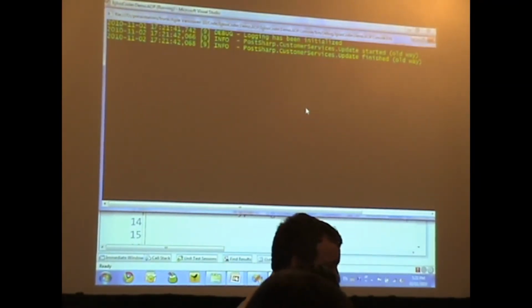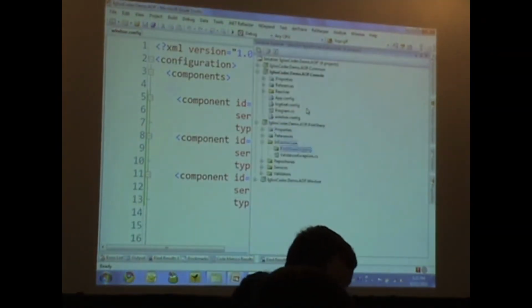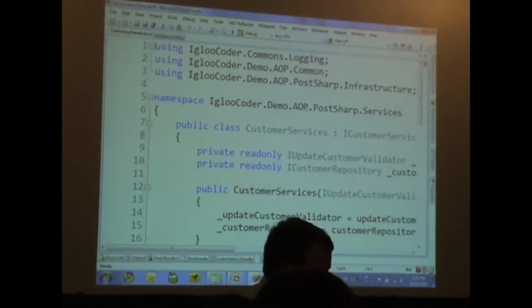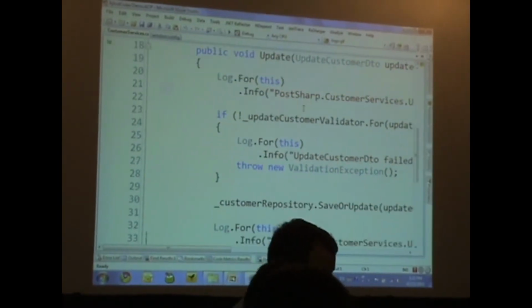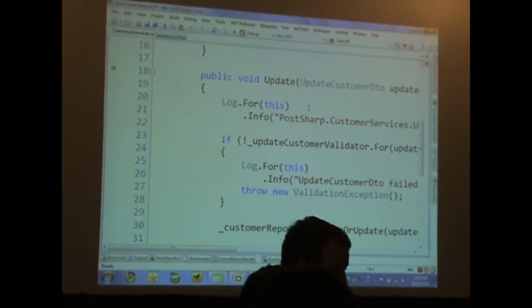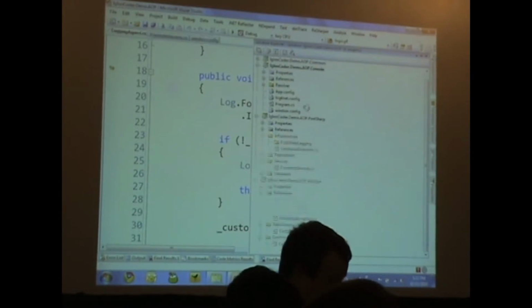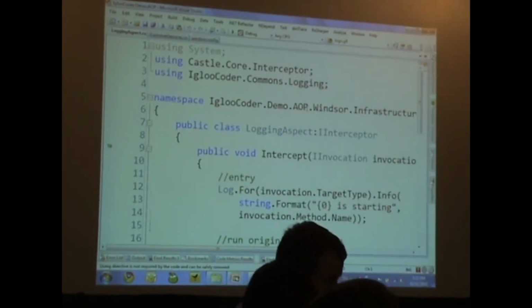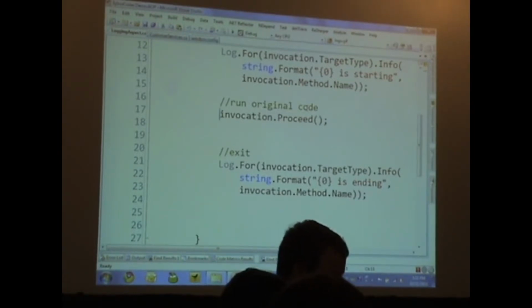Exact same pattern here. If we go look at this class inside Pullshark for services, it looks exactly the same, minus the commented out stuff. It looks exactly the same as the other one. Oh, actually, you know what? We forgot to do something in the Windsor one. We didn't handle exceptions. Usually you want to log the exception happening, right? I don't want to have it everywhere I have a catch and handle exception, have a log entry there. So to do that,